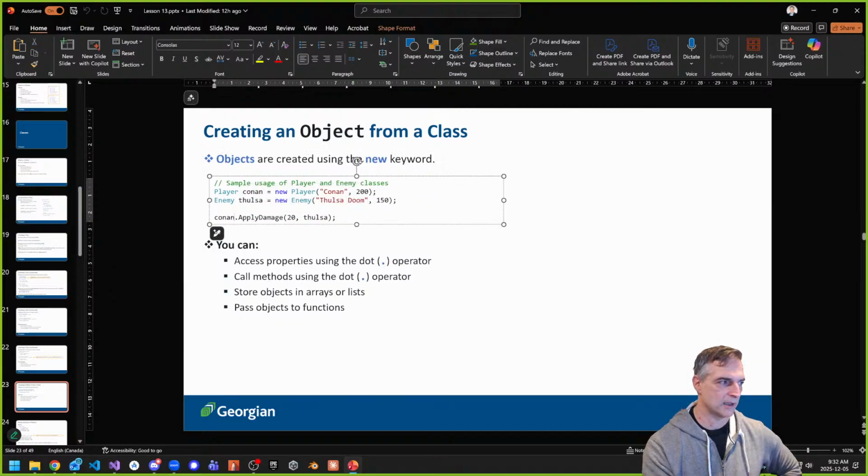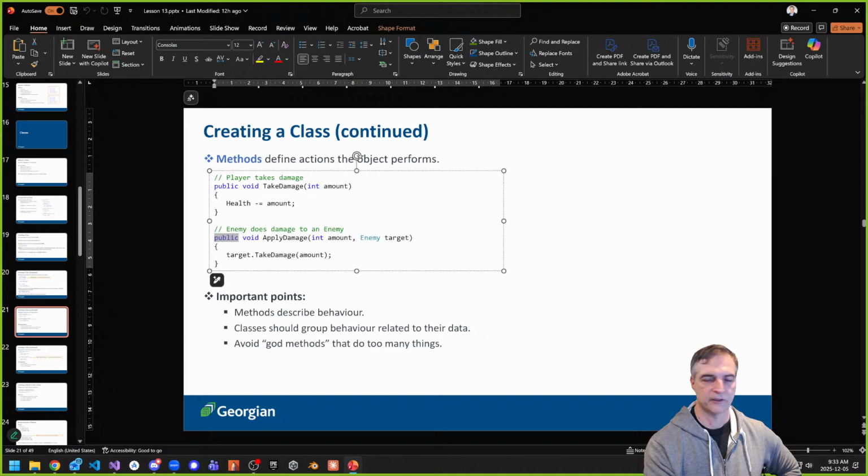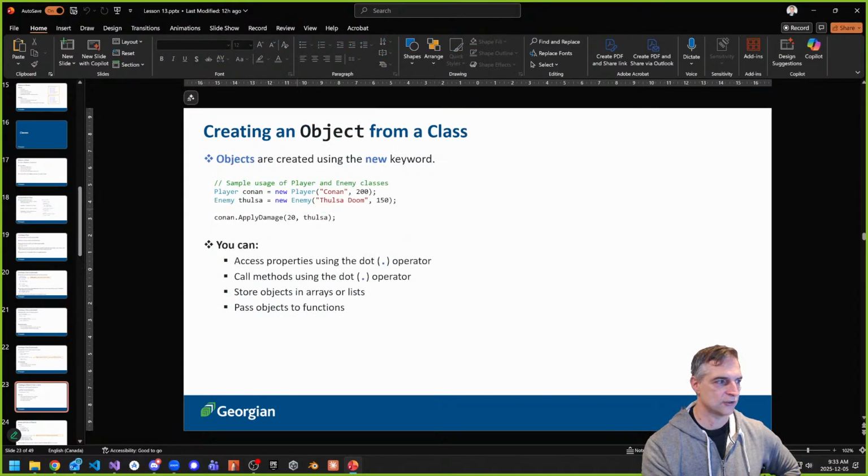We can use the dot operator as long as, and here's the main thing, this apply damage method is public. If it's private, you won't be able to do it. It won't even show up when you press the dot, right? So those are the rules for the most part of instantiation.